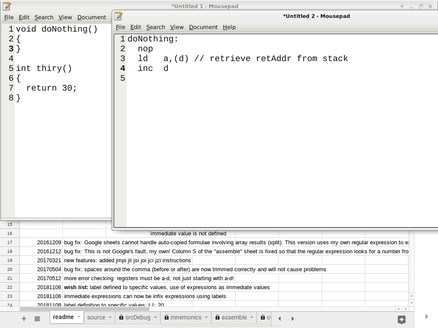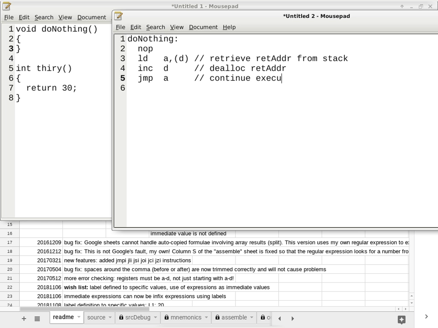Can someone explain why I am incrementing register D, which is the stack pointer? What is that doing? Go ahead. Why am I increasing the stack pointer? Deallocating, very good. So we make use of the return address and we're deallocating the byte on the stack. We deallocate the return address from the stack, so that byte is now freed. And then we have a JMP A instruction to continue execution